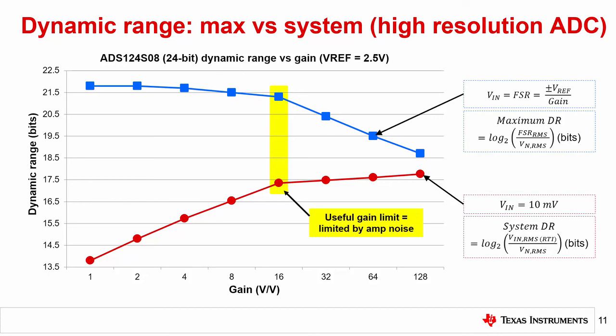This is important to understand when choosing an amplifier for your ADC or deciding if more gain is required for an ADC that already has an integrated amplifier. We explore this topic in more detail with design examples in the next Precision Labs video. Finally, while our discussion so far has focused on low-speed delta sigma ADCs, these same principles apply to wide bandwidth delta sigma and SAR ADCs as well.